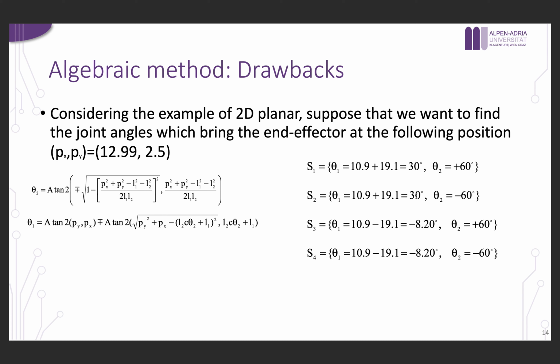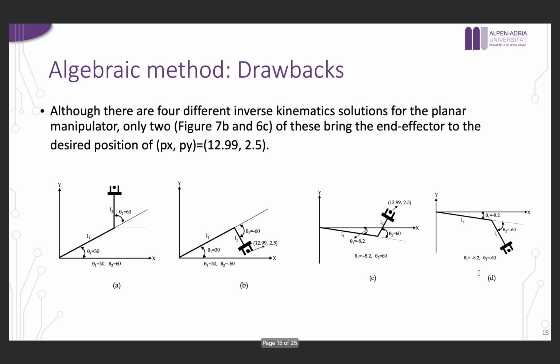We have 30, 60; 30, minus 60; minus 8, plus 60; minus 8, minus 60. So if we basically draw them like this, where this is the xy, these are the four combinations that we got. And now the first thing that I can use to actually ignore or refuse some